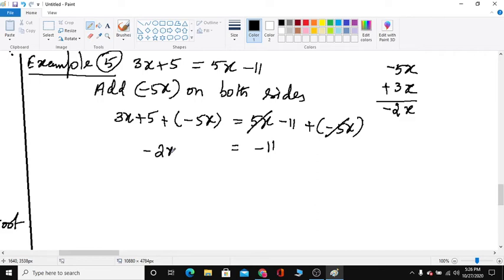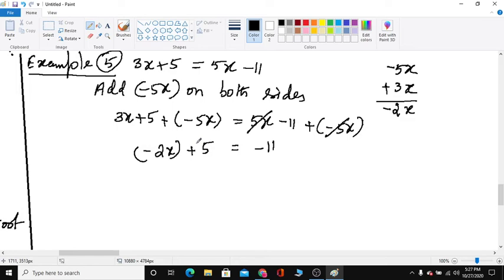Now here only variable x should be there. x is here, the variable, and it is multiplying with minus 2, children. So how do we cancel this? Now we need only the variable x in the left hand side. Remaining all you have to remove. So first you have to remove plus 5, next you have to remove minus 2. Plus 5 is a constant term, so first you have to remove plus 5. First we cannot remove minus 2 because minus 2 is multiplying with variable x. So which is easy to cancel first? Plus 5 is easy to cancel. So how do we cancel this plus 5?